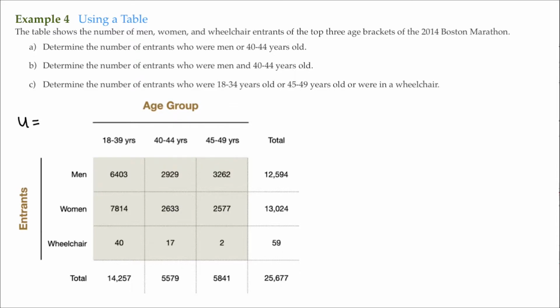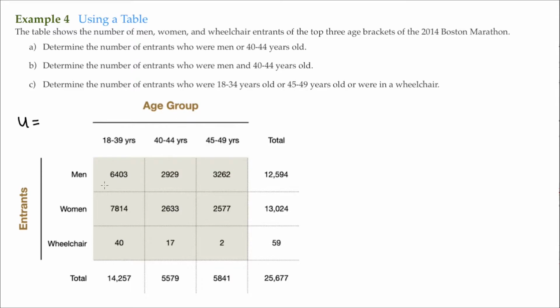Now, Venn diagrams work very well when there are 2 or 3 subsets of a universal set. But for this scenario, we have 6 subsets that are addressed. We have men, women, and wheelchair entrants. And then we have these age groups, 18 to 39 years, 40 to 44 years, and 45 to 49 years. A table such as this is often called a two-way table because the subsets are